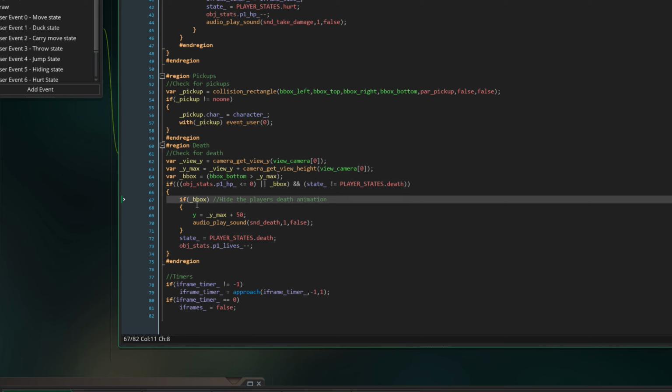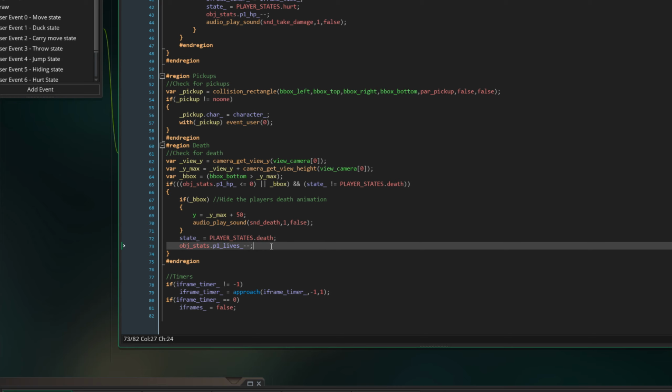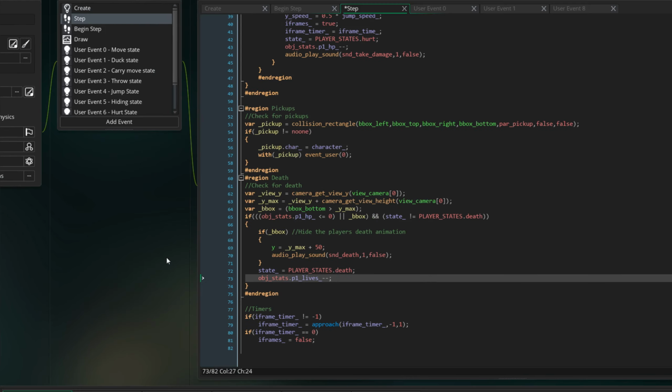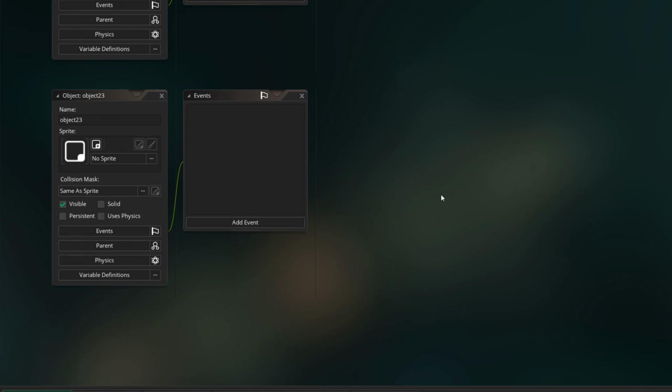So if we had a B-box death, if we fell off the screen, then instantly teleport us to somewhere 50 pixels down under the screen and play the death sound, and then do the death animations for the death state. Otherwise, just set us into the death state and reduce our lives by 1. Before we go any further, actually, I'm going to make it easier for us to actually see what our